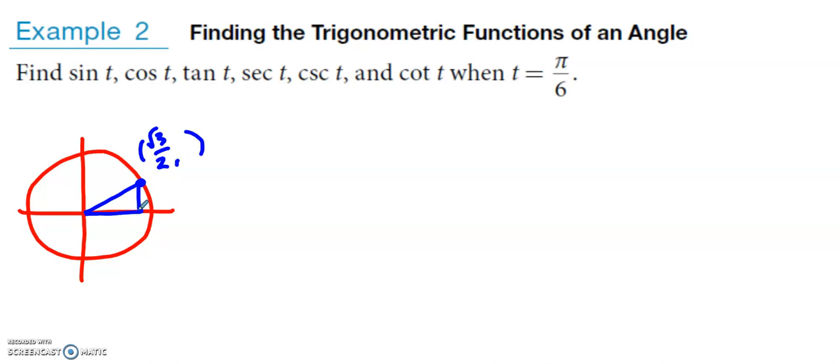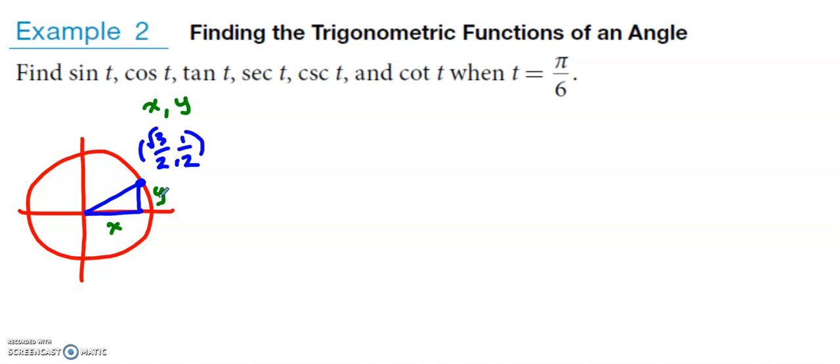And the y value is a short leg here, which is a half. And again, you could verify this using your unit circle. Hopefully you have a unit circle filled out. But really that's what this comes down to. So we know that our x and y values are those values based on our unit circle and less than